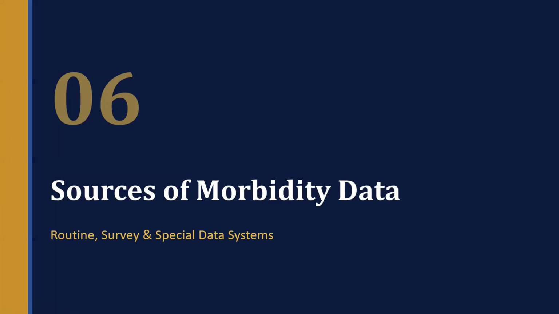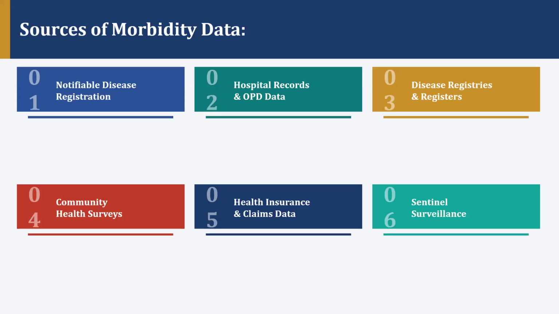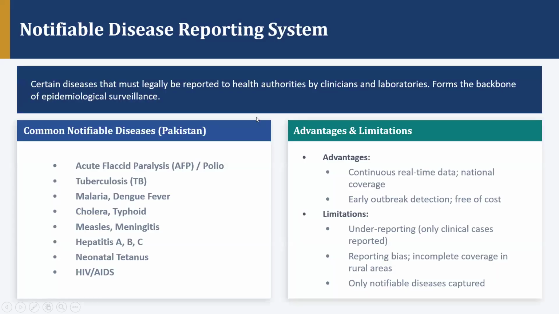Next is the source of morbidity data. Sources of morbidity data: notifiable disease registration, hospital records and OPD data, disease registers and registries, community health surveys, health insurance and claim data, and sanitary surveillance. So, the notifiable disease report system includes certain diseases that must legally be reported to the health authority